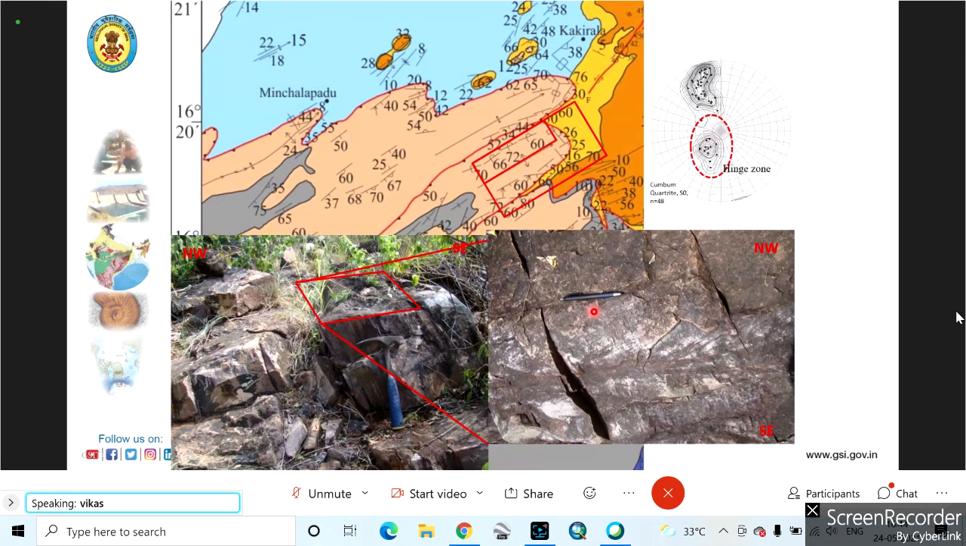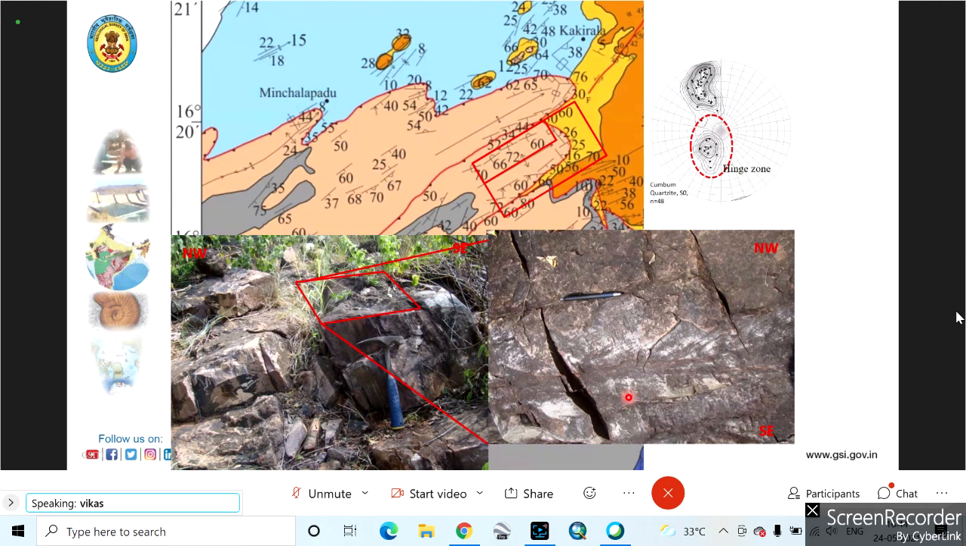Now when we come to the other part of the limb, where I was talking about the two antiforms, where is my synform? There on one of the limbs, we had noticed that these cross beds are oppositely directed. That is, on the bottom side, younger beds are present. If you see this particular photograph,